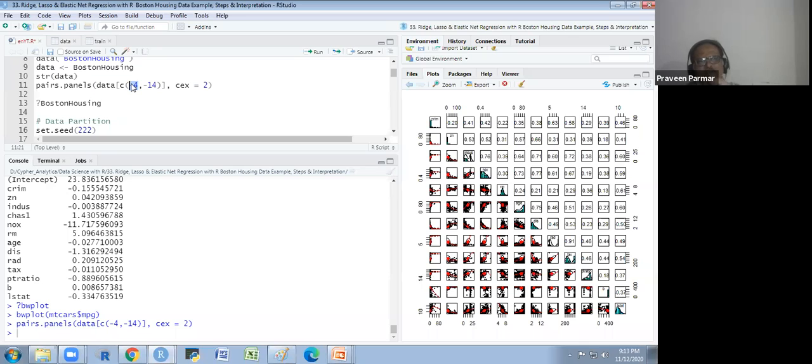So I am not involving it. And the data name is data, so I am putting the data. If you are not removing any variable, then you could put, don't use this thing. So that is a function. It will work, it will calculate in the backend, give the values and create the graph.